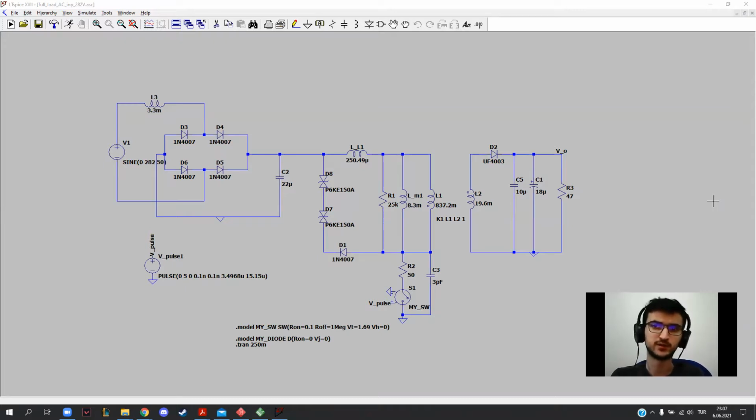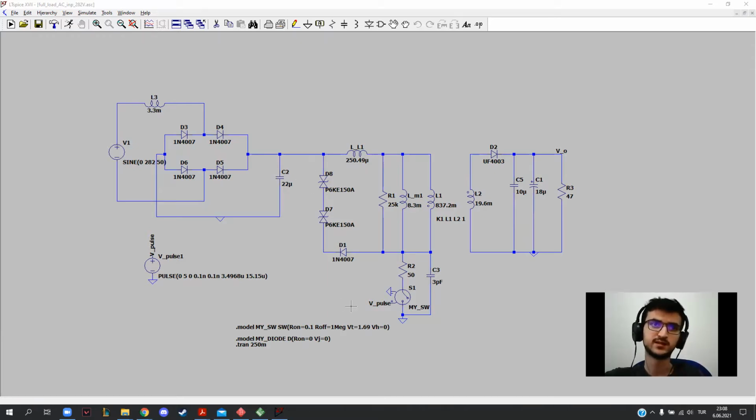For the first part of the project, I designed the primary part and the secondary part of the transformer circuits in LTspice, as you can see from this picture. This is our input, and this is our bridge rectifier circuit. This is our rectifier capacitor, which catches the peak of the AC value and converts it to